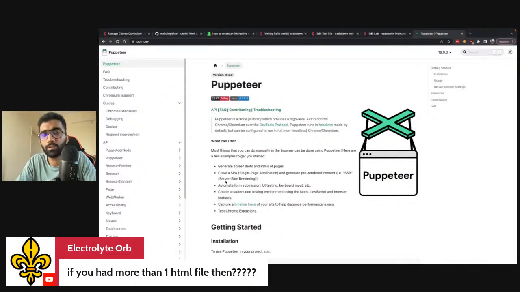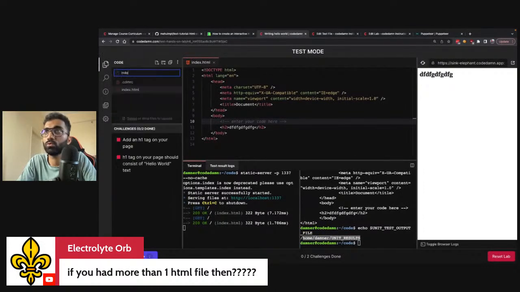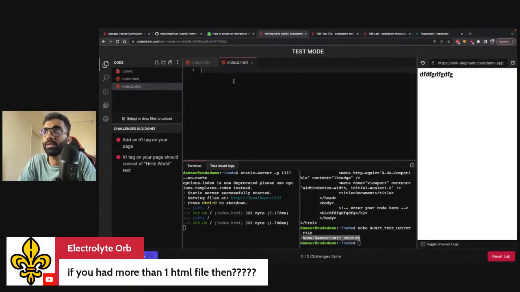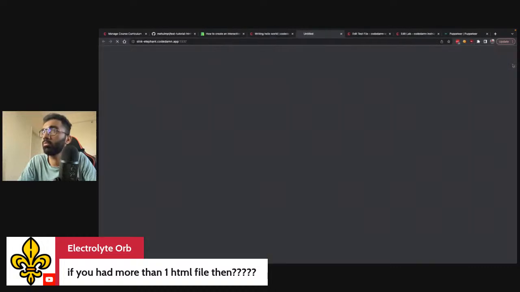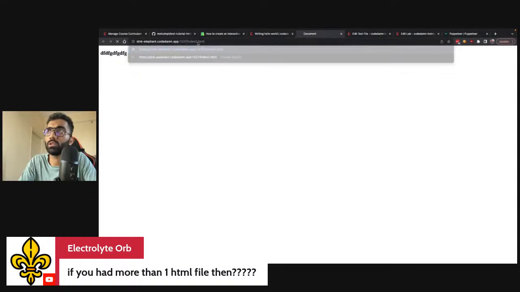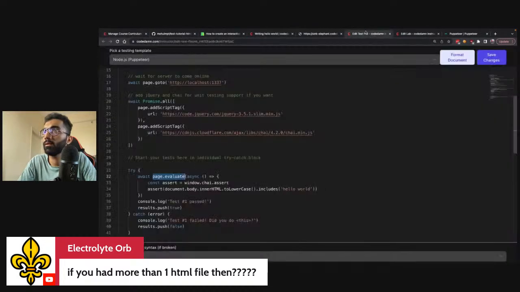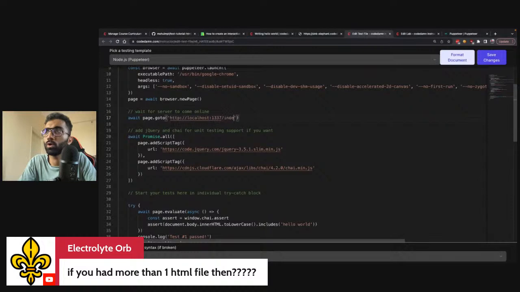Electrolyte again asked what will happen if you had more than one HTML file. Your second HTML file, let's say index2.html, would be accessible under the static server. If this consists of, let's say, hello world, and I open this in a new tab, I can go to index2.html over here, and you will see this file which you created as a second file. You can access the similar file by going to page.goto localhost:1337/index2.html, right?